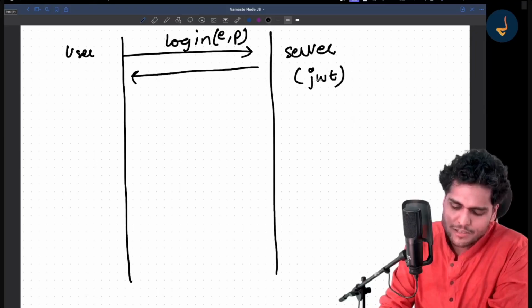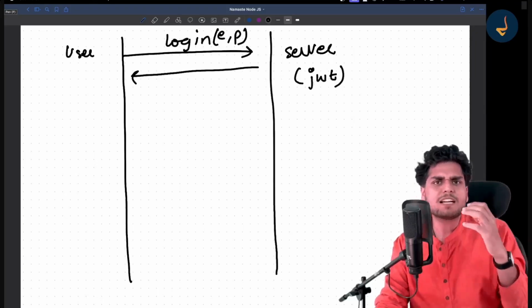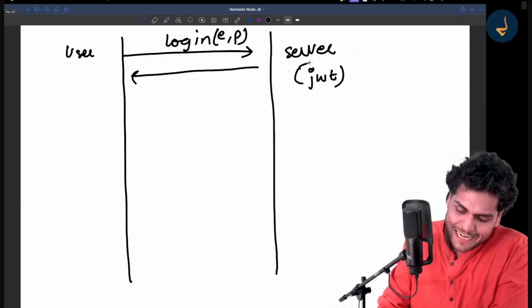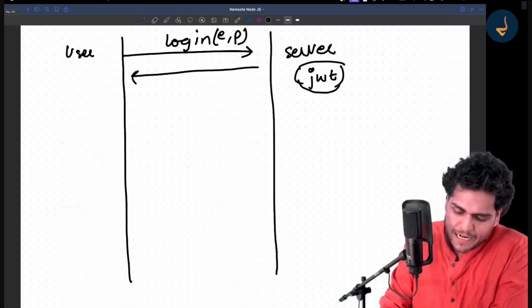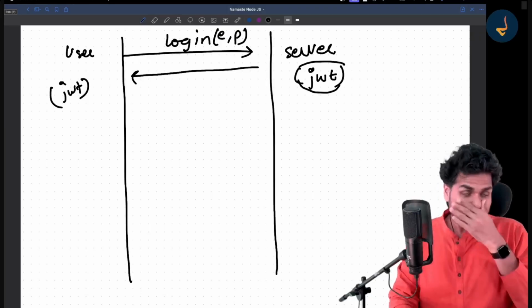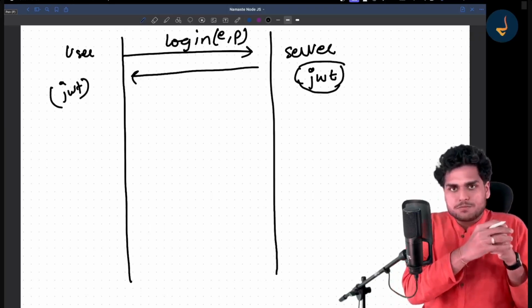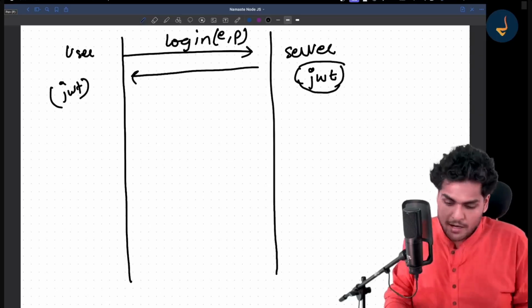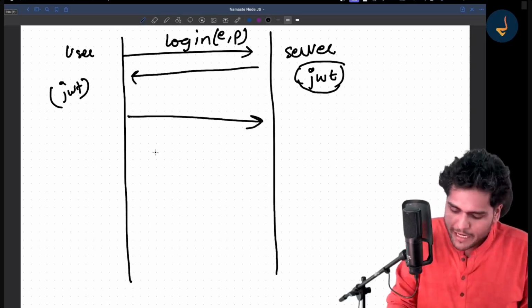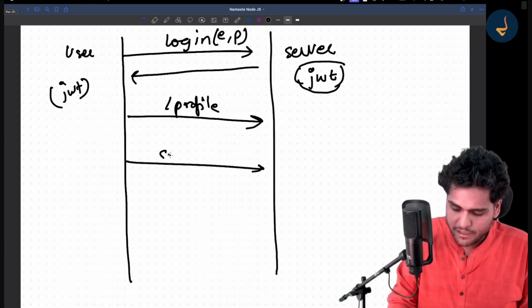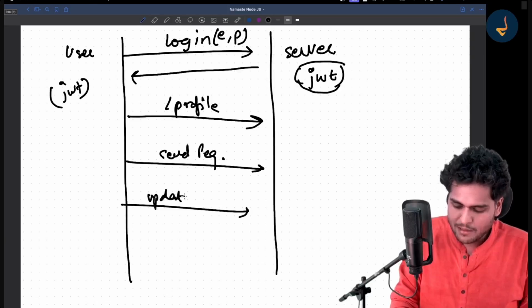This is known as JSON Web Token. I will talk more about it, but assume that the server will send this JSON Web Token back to the user. Now the user will store this JWT. The token is stored by the user. Once the user is logged in, whenever the user makes an API call, maybe to get a profile, send a connection request, or update the profile,